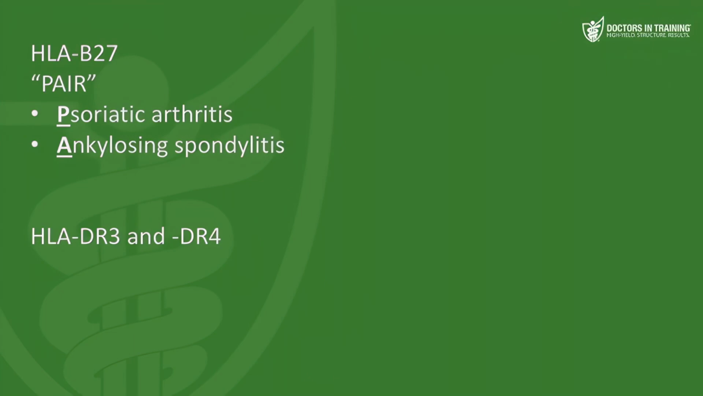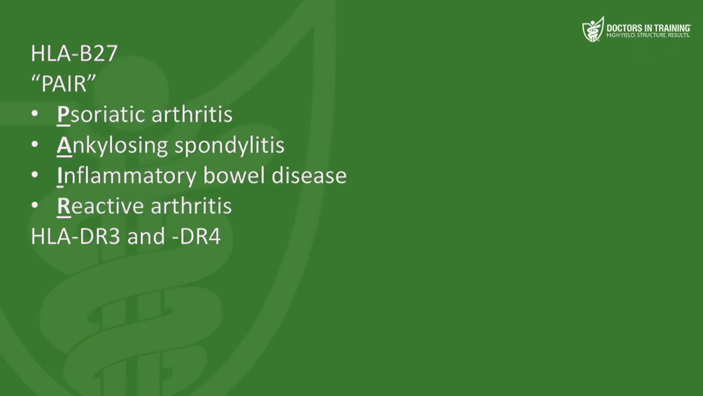PAIR. The P is for psoriatic arthritis, the A is for ankylosing spondylitis, and the I is for the arthritis you can see with inflammatory bowel disease. And R is for reactive arthritis, or the older name was Reiter syndrome. And then HLA-DR3 and DR4 are associated with type 1 diabetes, which is caused by autoimmune destruction of the pancreatic